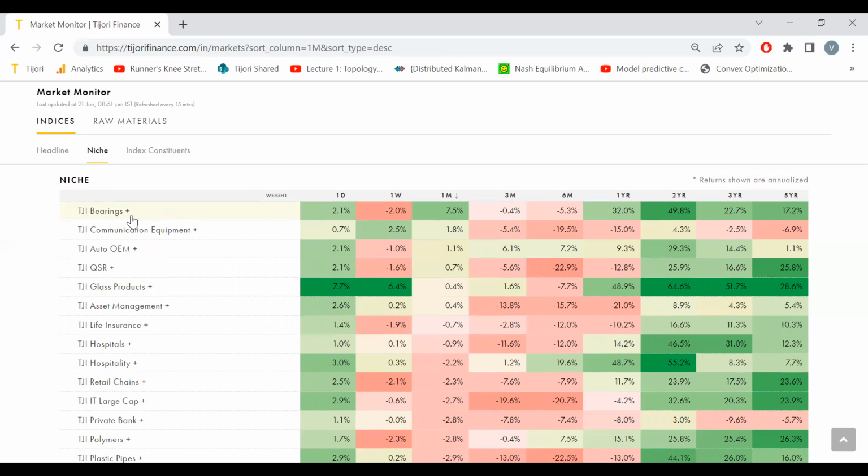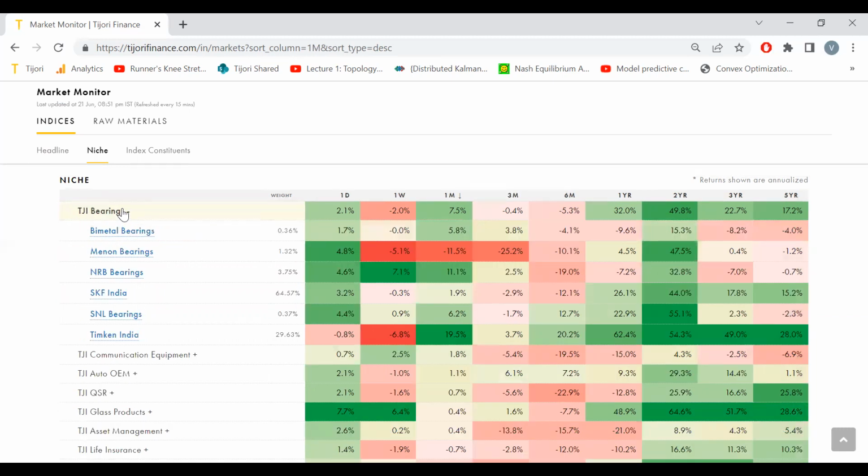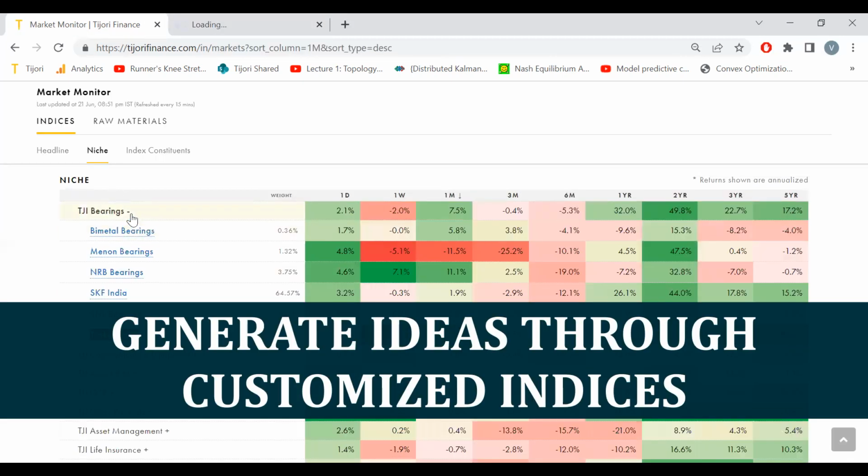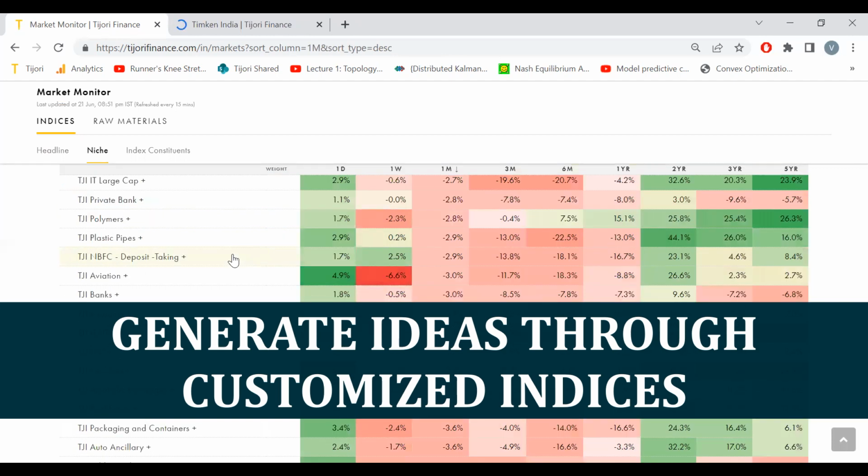So one caveat is these are market cap weighted indices. We want to make equal weight indices as well to remove the momentum effect. But at least it's a reason to think, okay, why are bearings going up? Then you click plus and you might think maybe it's skewed, but then Timken has gone up 20% in the last 1 month. I have never researched this company. So my next step is always to click on it and at least dig further. Maybe you're not interested in that first 2 minutes also. Got it. But it's just a discovery mechanism.